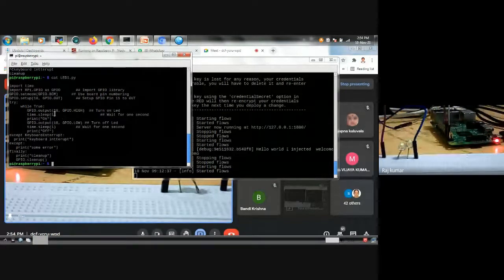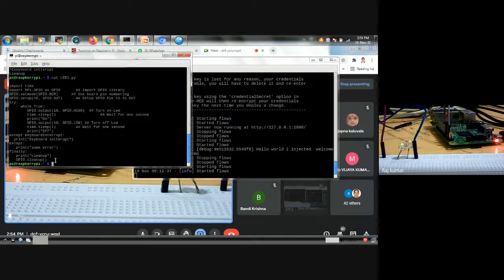The entire code should always be in a try catch block. That means if unexpected errors happen at runtime, the resources would still be held by the process. So in order to avoid that, we are using one function called GPIO.cleanup. In the last line, you can see GPIO.cleanup.